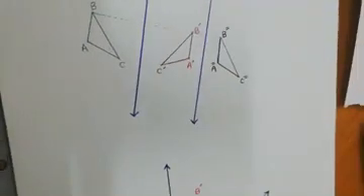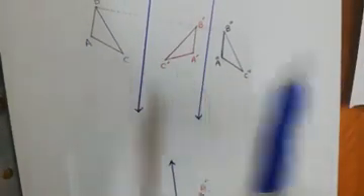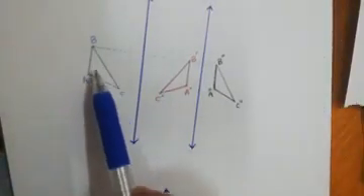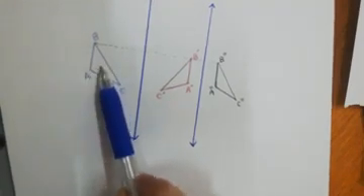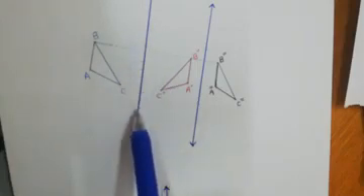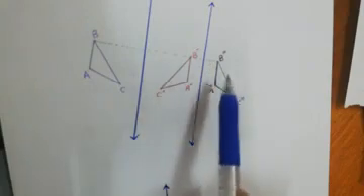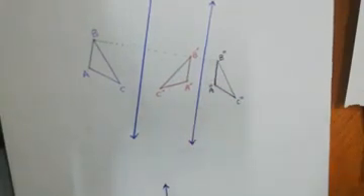I will talk about this. Now look at this example. This is the original shape, which is the pre-image. I reflected it across this line. I got this. Then I make a second reflection. Then I got this. Now, if you